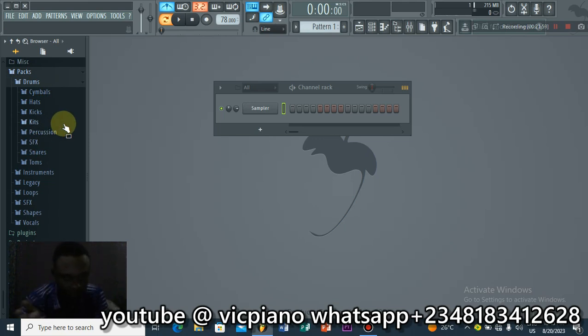Packs are made up of drums, percussions, and the likes. Packs are just drums and percussions most times, while plugins are electronic instruments most times. Plugins and packs are not applications, but plugins are applications that can be installed. Just take it simple: packs consist of drums, percussions, kicks, and the rest, while plugins consist of mostly electronic sounds